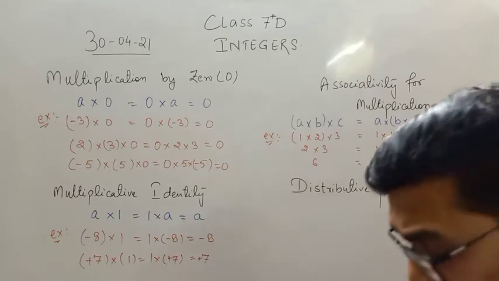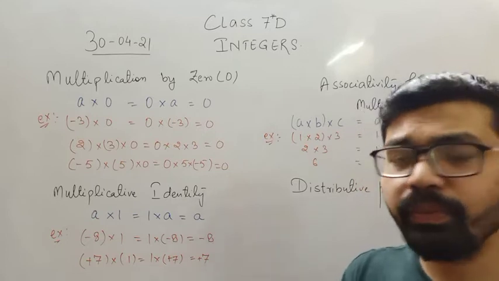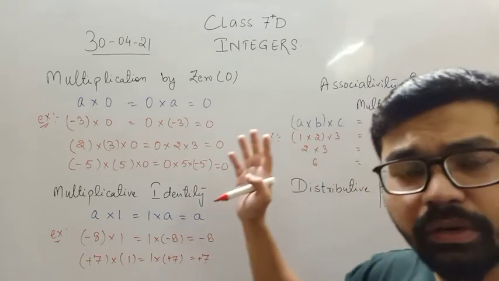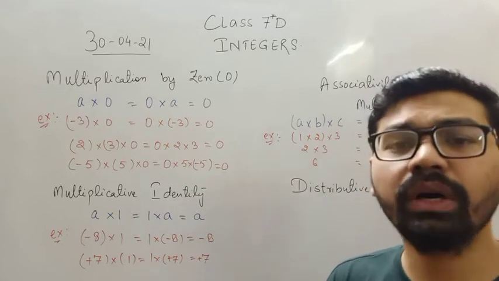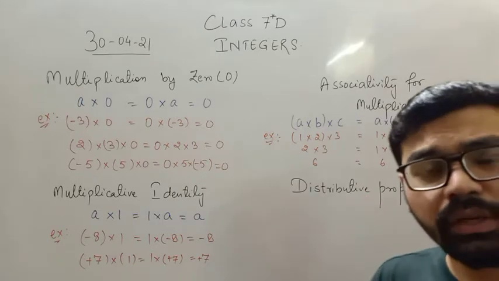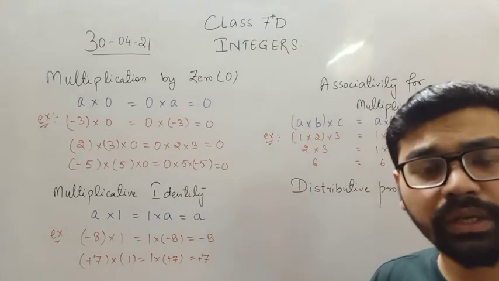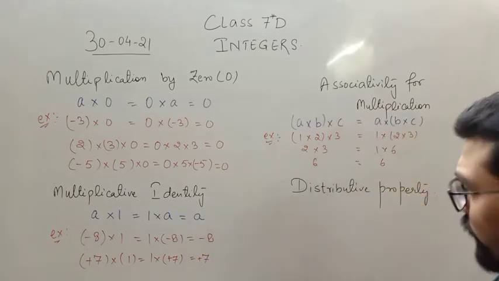And I'm saying this thing again and again, and if you have any doubt, any sort of problem while solving these questions, while understanding these concepts, you can ask me in the Zoom session. You're free to ask your doubts and queries, okay? But before that, watch these videos, then only you will ask the questions and the doubts. So this is a simple associativity of multiplication.